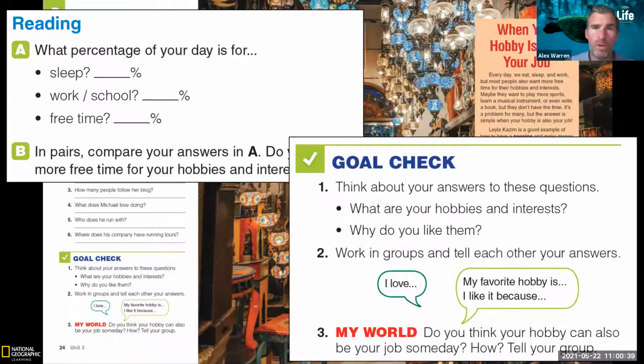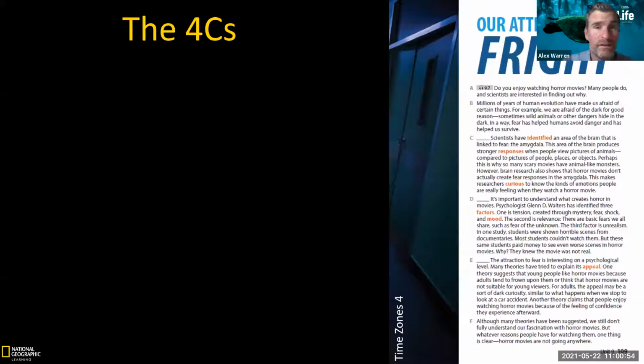No matter what it is you've been talking about or reading about in class, connect to your students' lives, experiences, knowledge. Make it meaningful, make it relevant. A really good activity to help promote this process is called the 4 C's. This is not the 4 C's of 21st century thinking skills. It's not collaboration, communication, critical thinking, and creativity. This is a different activity altogether.